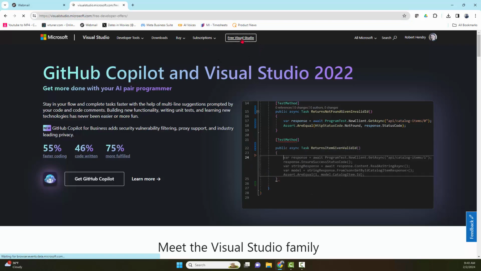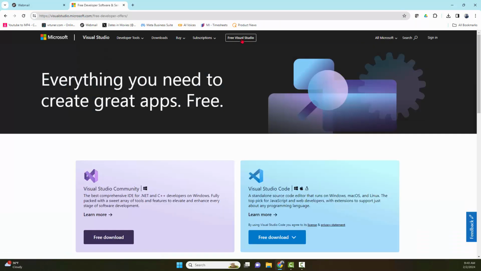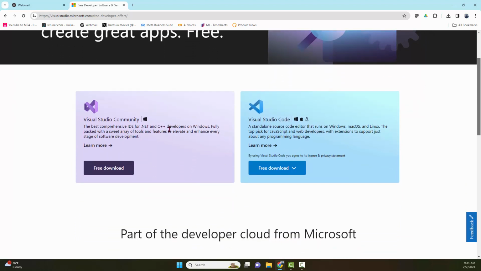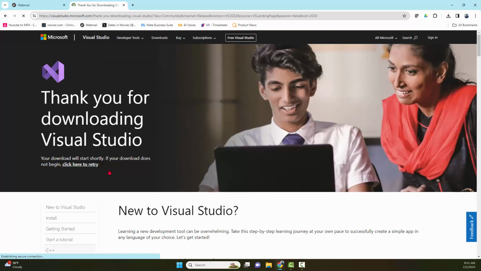Now you should see a button on here that says Free Visual Studio. If you click on that, you're going to be presented with two options: Visual Studio Community and Visual Studio Code. I just want to point out that Microsoft might ask you to sign up for a free account. There's no credit card. If you need to do so, just do that. After you do that, click on Visual Studio Community, and we are going to install the free Visual Studio